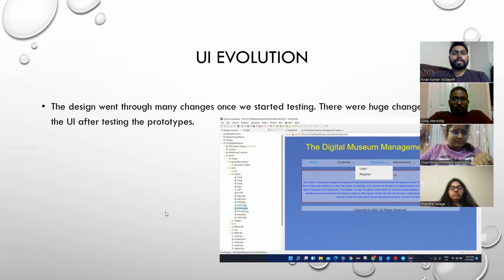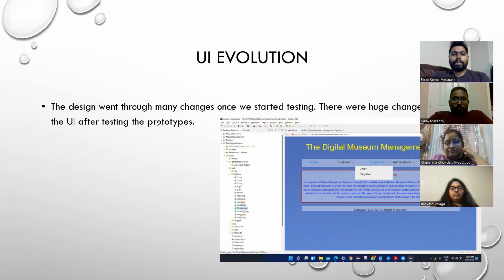Thank you. I'll be presenting to you the UI evolution which we have in our application project, how we evolved from scratch to the modern application. So this is a prototype which we used to work on in the beginning. After doing the guerrilla testing, we got to know that it's really old and unmodern, which we cannot proceed to present.